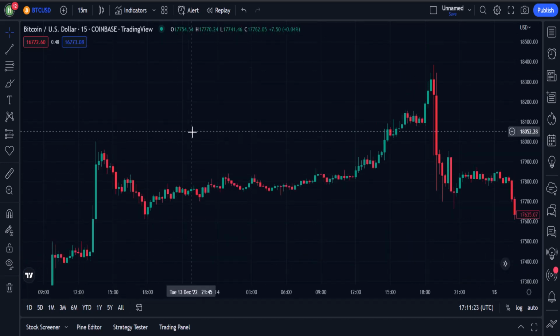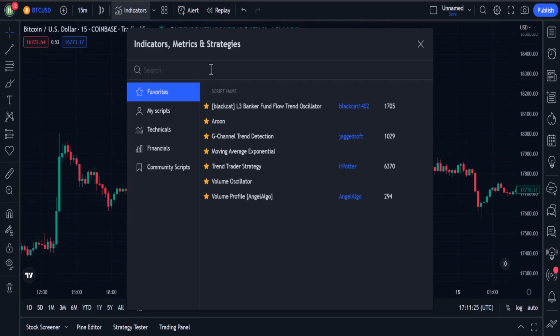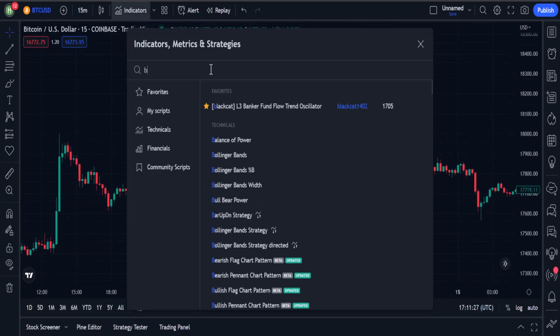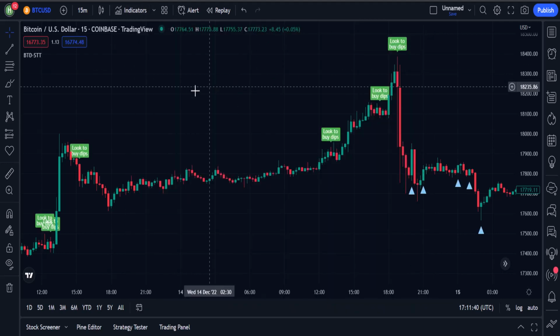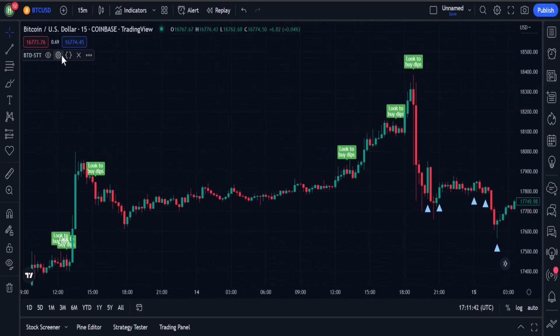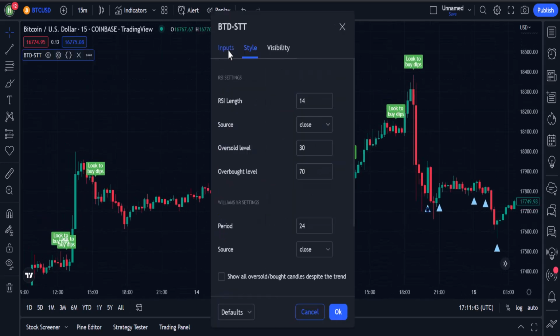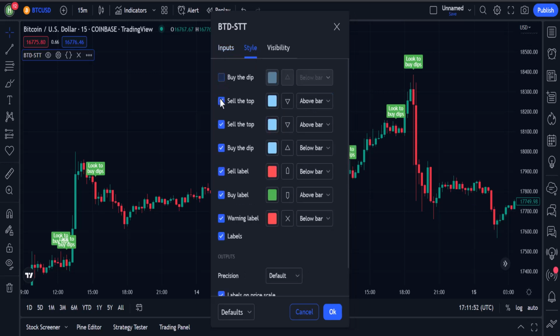So for our first indicator, we'll go to the Indicators tab and search for Buy the Dip, Sell the Tops. And add this one by Greg_007. As you can see, not too many people know about this indicator. Now we'll make some changes to this. So we'll go into settings for this indicator, and in the inputs, we're going to change the RSI length from 14 to 38. And in the style section, we're going to uncheck everything except for the buy label and the